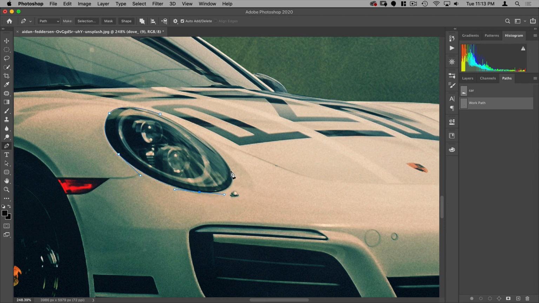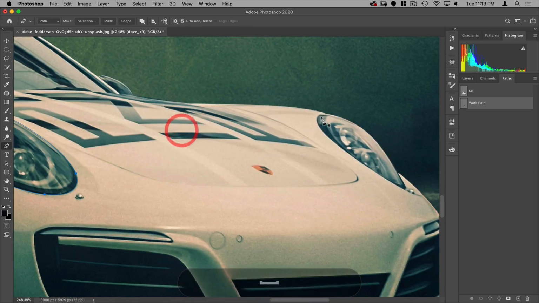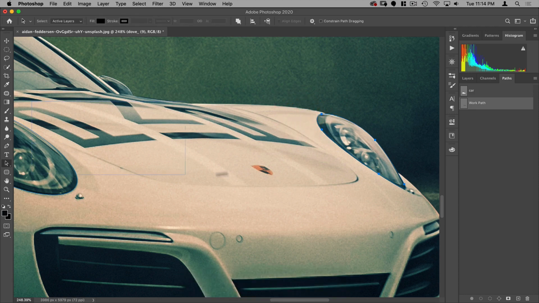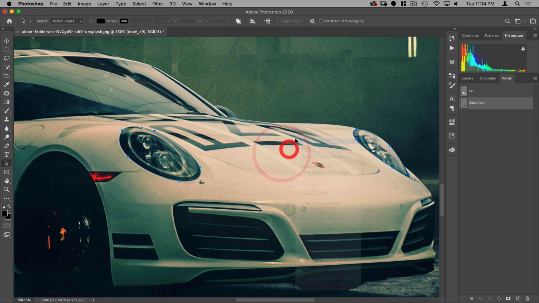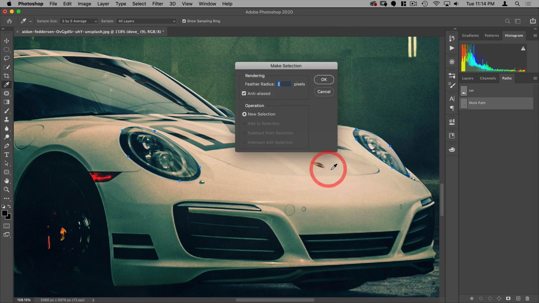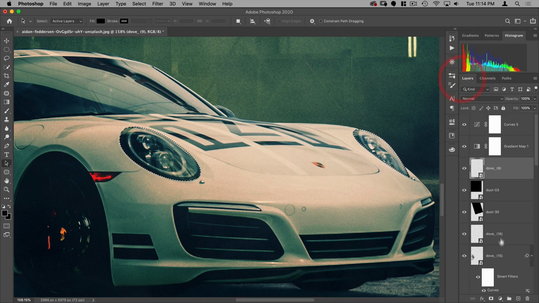And again, because this is a curve, the pen tool is definitely the best tool for selecting them. All right, let's go A for our path selection tool and do make selection. And do this 0.2, just kind of my default.